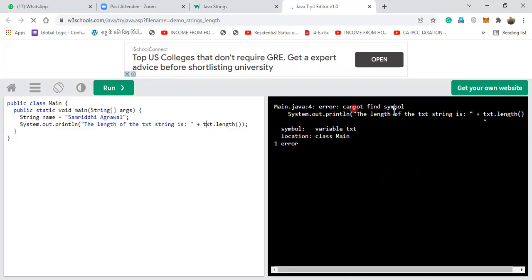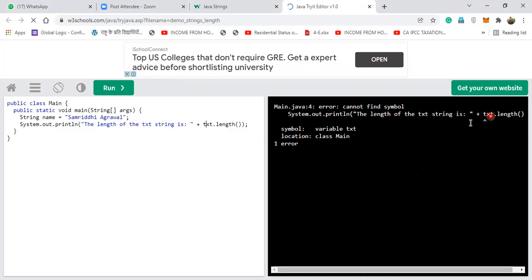Cannot find symbol. Which symbol is it unable to find? It's not able to find the variable txt. It is saying you have not defined this variable, so I'm unable to find the length of this variable.